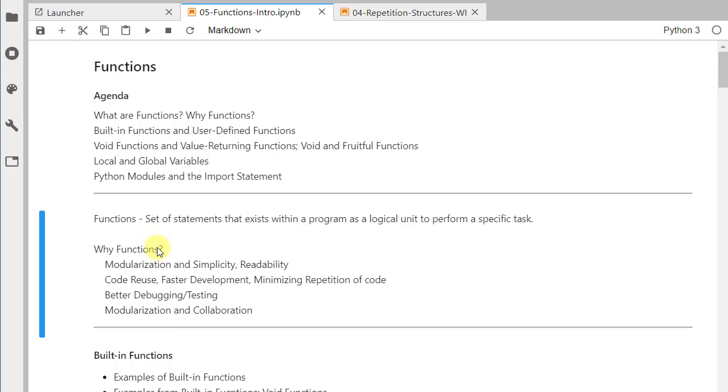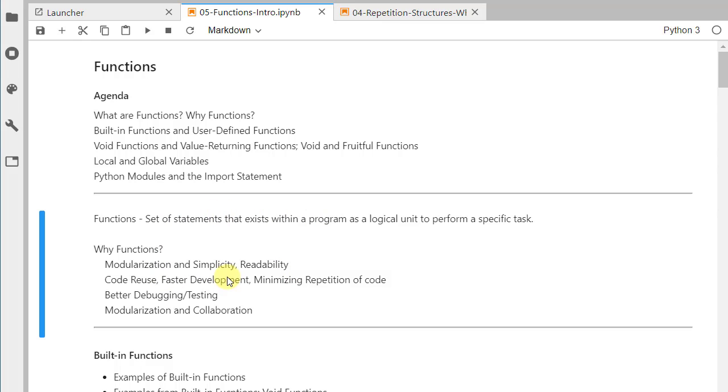So again, functions help us simplify and make code more readable. They allow you to use a divide and conquer approach, where you take a larger task, divide it up into smaller subtasks, and for each of these subtasks, whenever appropriate, you write a function. So hopefully that's clear. Now that we know what functions are, let's think about some of the examples we've used in the past,